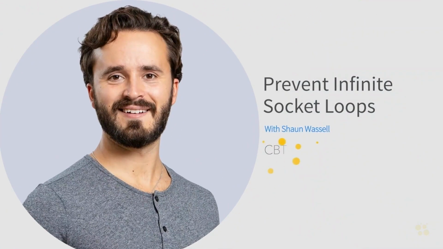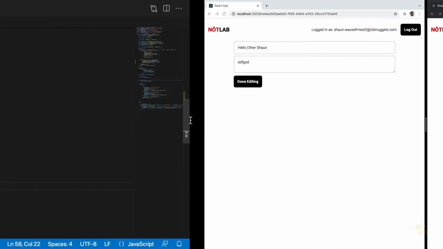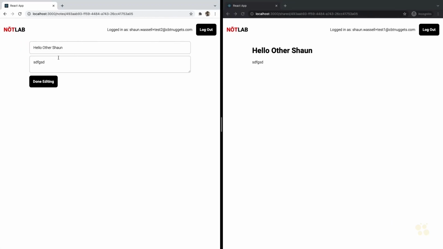All right, so let's talk a little bit about this problem that we've been having with the infinite loop that we're creating with our WebSockets, right? Because we saw that if this user here types too fast, that's going to create basically an infinite loop where these things keep changing and events keep getting triggered. It's a mess, right? So in order to figure out why this is happening, let's think about how the flow